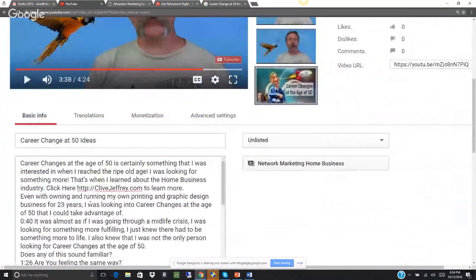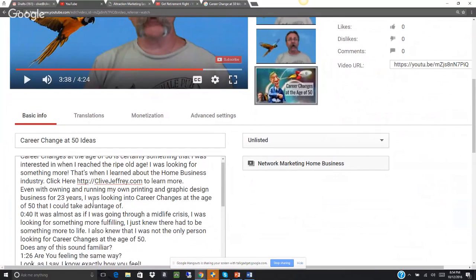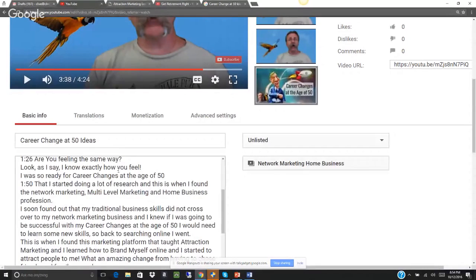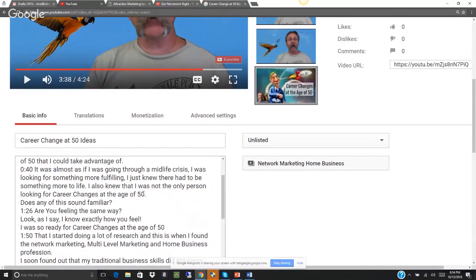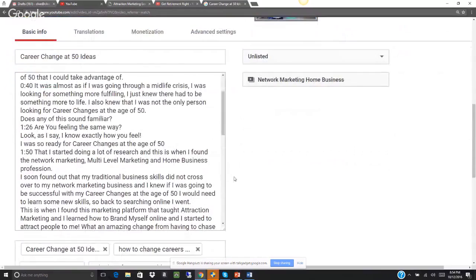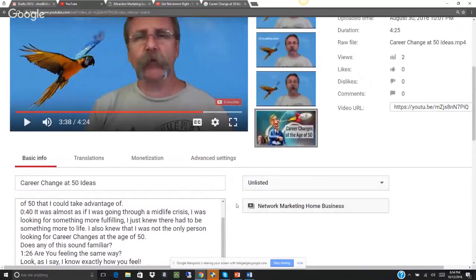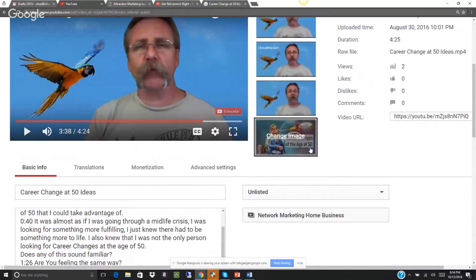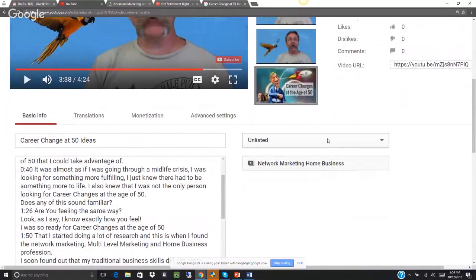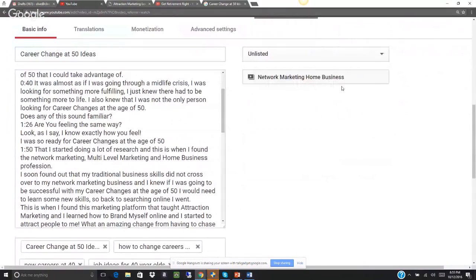What I'm going to have to do is a search and replace: "career changes at the age of 50" should be "career change at 50 ideas." Wherever it appears in my copy, I'll go back through after the webinar and edit that, because we want to have our relevant keyword through our copy. So it's important that it's right. But as I say, in my hurry to get this done for the webinar, I made a bit of a boo-boo there. So there we've got our thumbnail. It just makes it a little bit more interesting when people are searching through it. And as I say, it's also named the keyword, so it's another option.